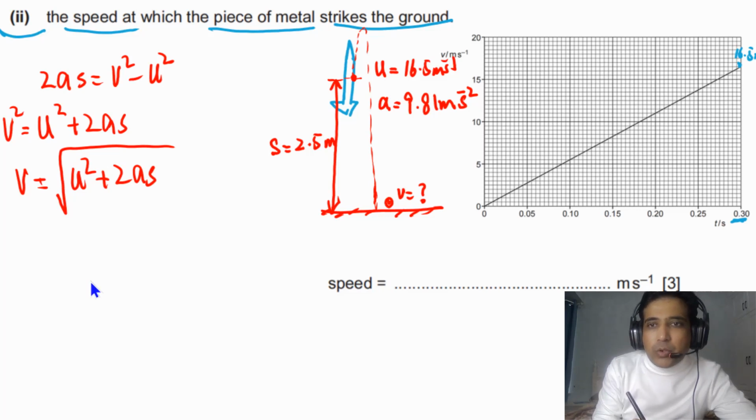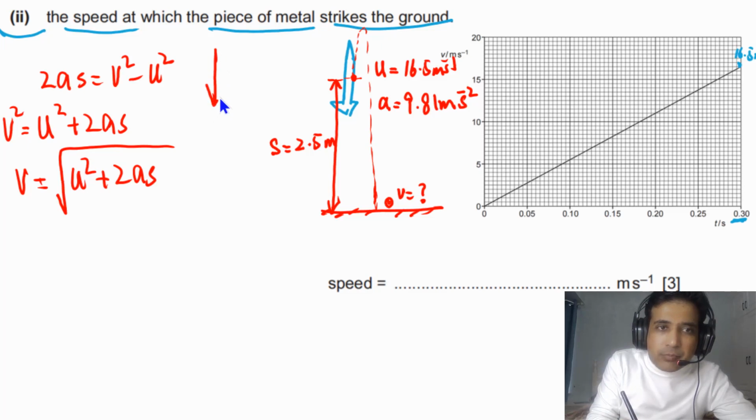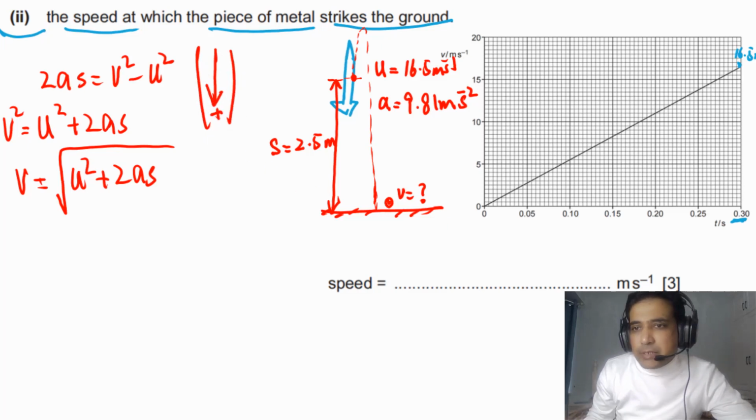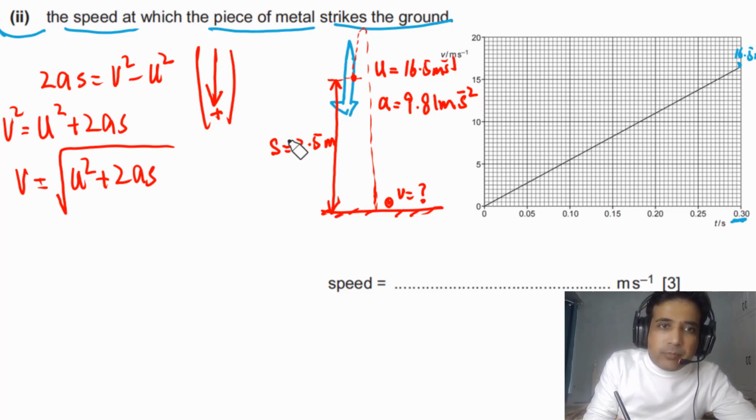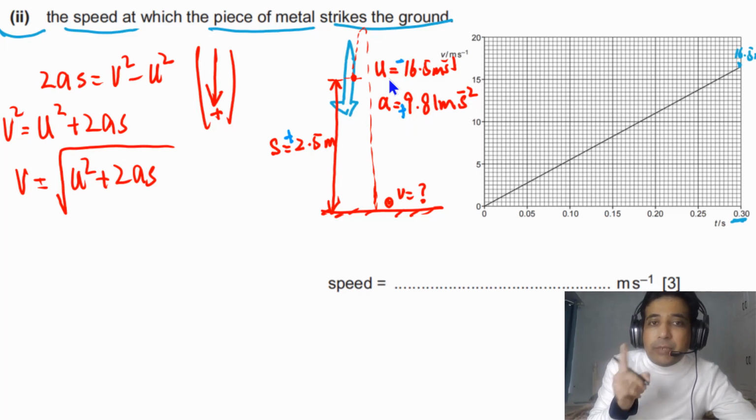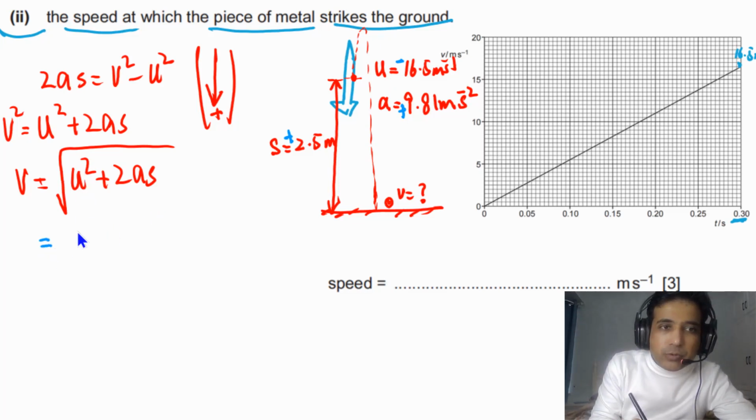In this case, we also need to understand we are taking downward as positive. If we take down as positive, it means the displacement will be positive and the acceleration also will be positive. But the initial velocity will be negative. So signs are very important. So this is u, and the value of u is minus